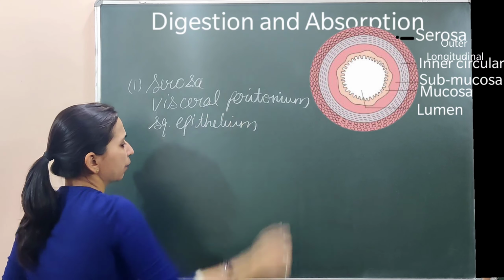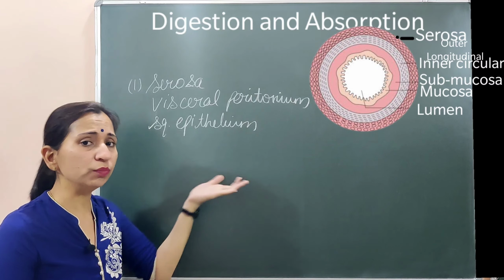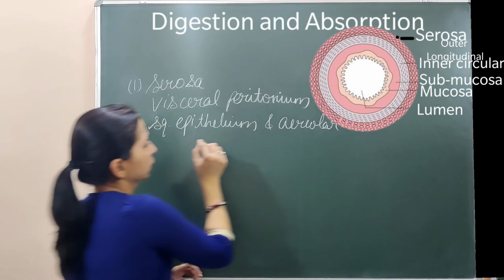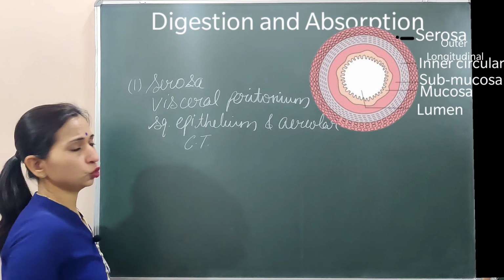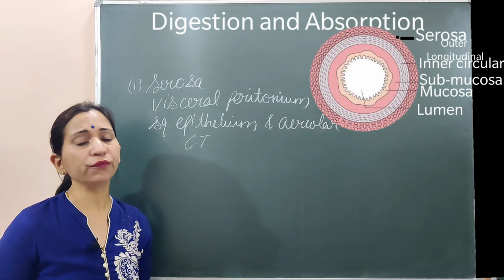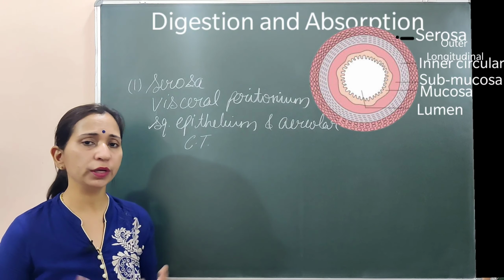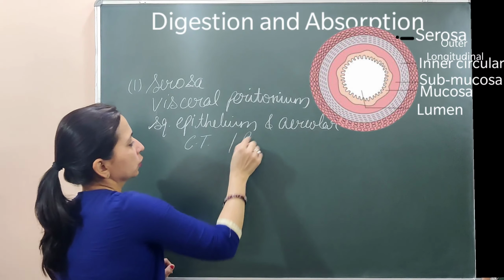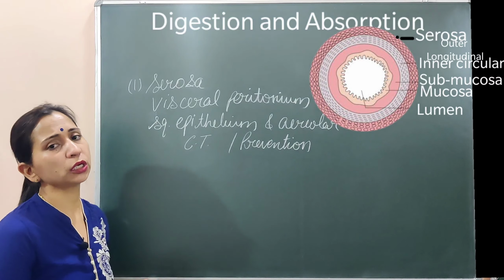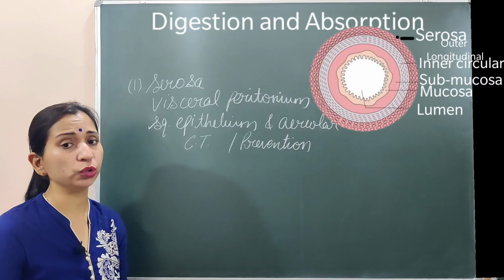Along with these squamous epithelial cells, it has some areolar connective tissue also. So यहाँ पे कुछ areolar connective tissues भी present रहते हैं, and with the help of these, the outermost layer serosa or visceral peritoneum is formed. This layer prevents friction of the alimentary canal against other organs. Outermost है, बाहर की तरफ present होगी, so definitely it prevents friction. इसका काम क्या है? Prevention of the alimentary canal from friction. ये हो गई हमारी first layer serosa, जो बाहर की तरफ first layer है, outermost है.